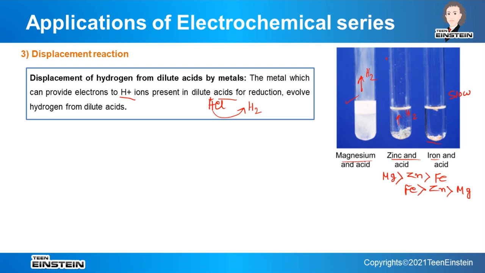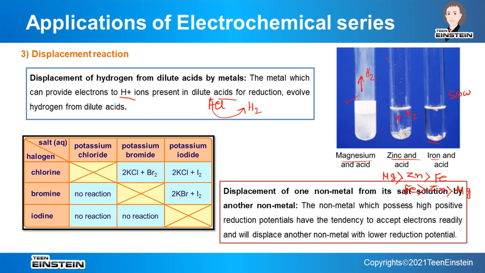Fine. So it proves that the displacement of hydrogen from dilute acid by metals occurs at a different rate for different metals. Which metal will react fast, we can understand from the electrochemical series, because we can check the reduction potential values and accordingly understand in which case hydrogen will be evolved very readily or very slowly. The third type of displacement